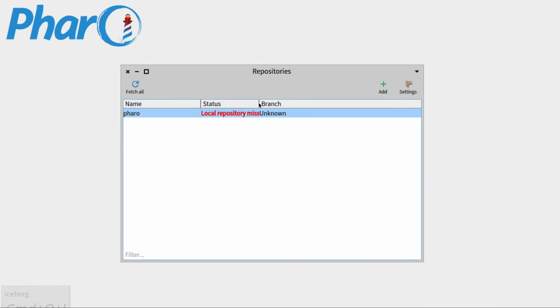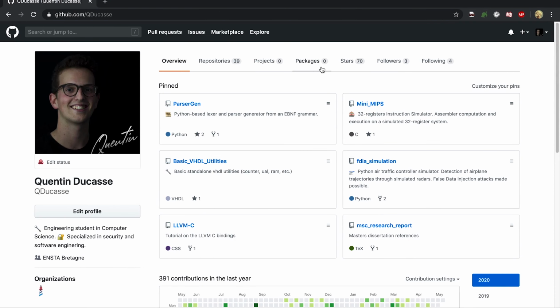So you can see there are all the different repositories, loaded or not, that are known by the system. So here we've got Pharo, and we'll have to add a new repository that we'll define right now in GitHub. So if I switch over to GitHub, if you don't have a GitHub account, I really encourage you to create one because it's extremely useful to store and version your code and will be more productive altogether.